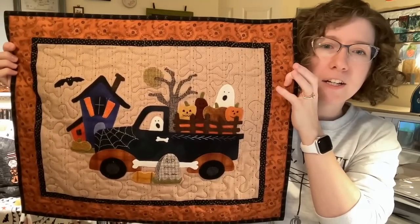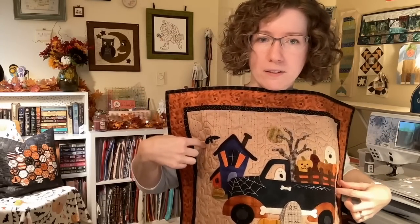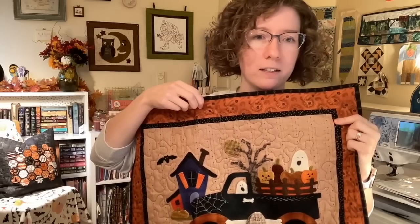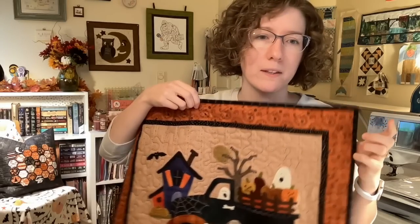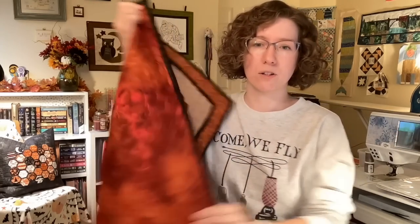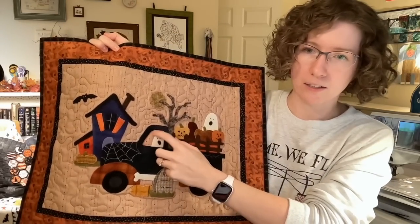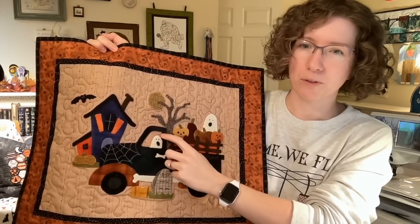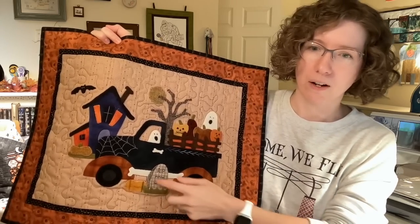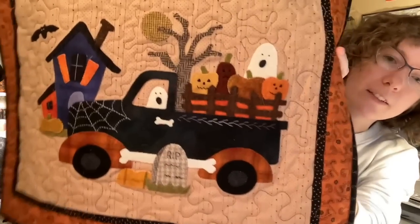So I just cut it down so that it was equal measurements from the widest points and the top and the bottom, and added, this was originally a 1-inch strip and this was a 2 1/4 inch strip, I think, for my different borders, and found a random backing fabric from my stash. Did some real quick wandering stitching, a little border stitch, almost a stitch in the ditch kind of idea, echo around that and around this, just so they were nice and tacked down. But the rest is hand pieced,